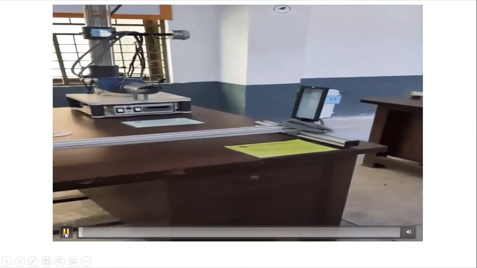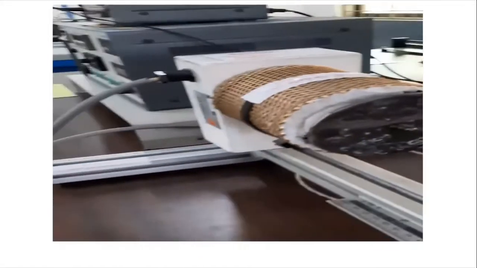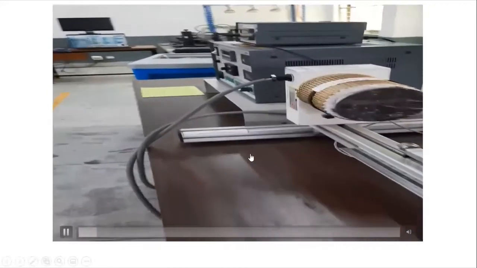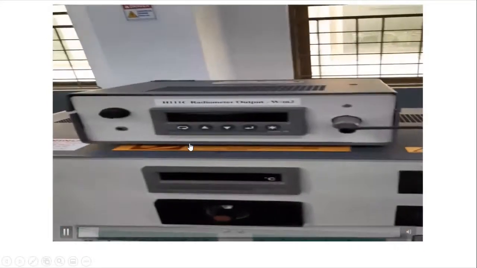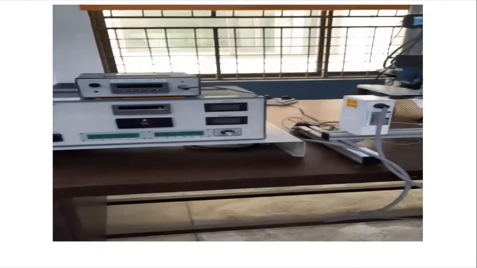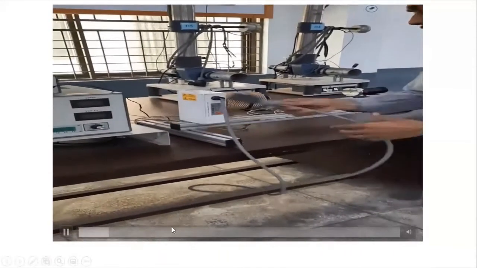Okay, everyone, now we will perform our experiment on this radiometer. First we will analyze the whole apparatus. This is the radiometer detector. This is the heater in our apparatus. The heat will be emitted from it, and the radiometer will detect its value. This is the digital meter of the radiometer output. We will study its output in digital form here. So now we are going to perform the experiment.